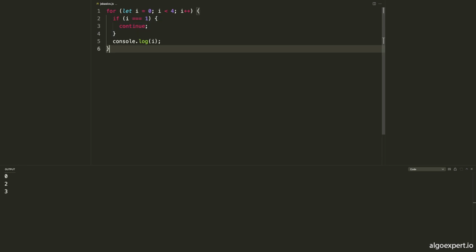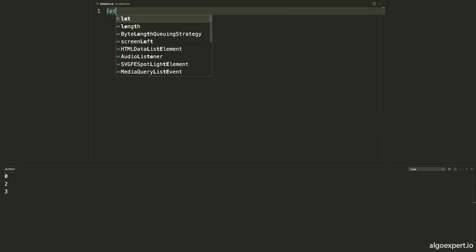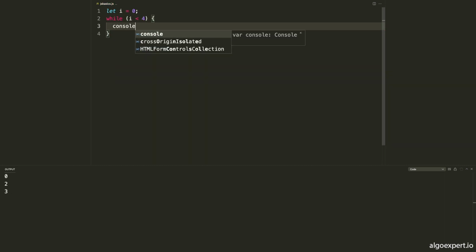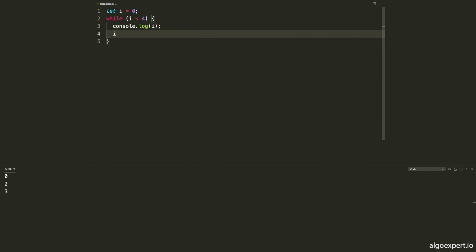Additionally, we also have while loops, so I will remove this, and we could say let i equal 0, and we could do while i is less than 4. Then we could console.log out i, and then we can say i++ at the end of this loop, and we get the same values we had before. So this is roughly going to work the same way as that for loop we had, and we end up getting 0, 1, 2, 3. There's a little bit of a difference here in that the i variable is scoped a little bit higher in this case, so it is scoped outside of the block versus inside of the block,